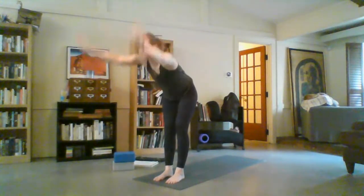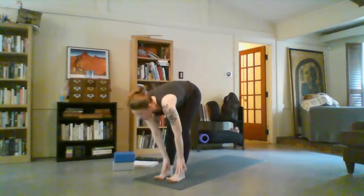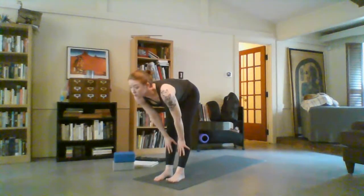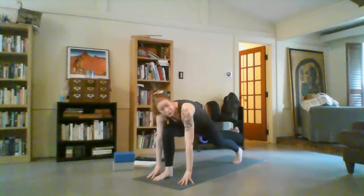Exhale, bend the knees and fold. Inhale, hands to shins, lift halfway. Exhale, left foot stays, steps back, right foot stays where it is. Left knee to the mat. Keep the toes tucked. Bring one and then the other hand on top of that right thigh, making sure